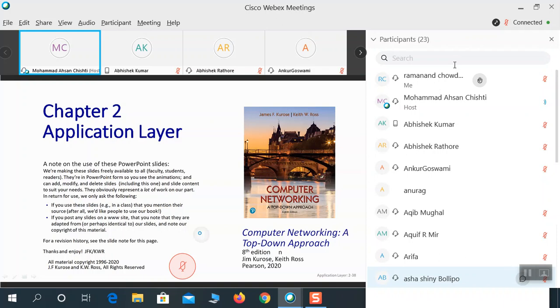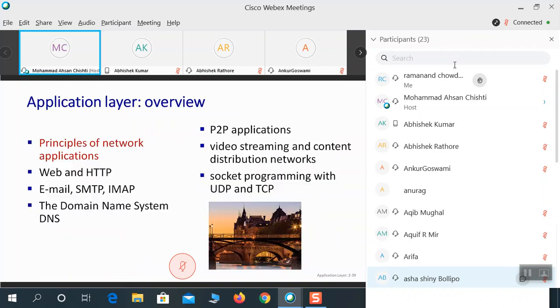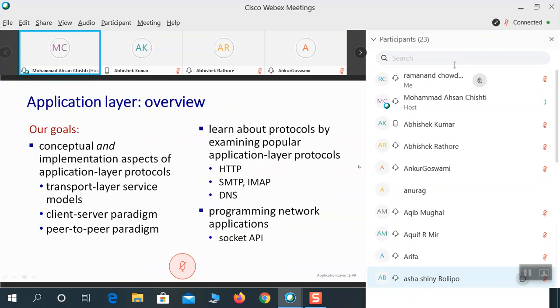These are the things that we'll be studying within this application layer. We'll get to know what the application layer is, what it's supposed to do, and what protocols are within the application layer. We'll study all of these.